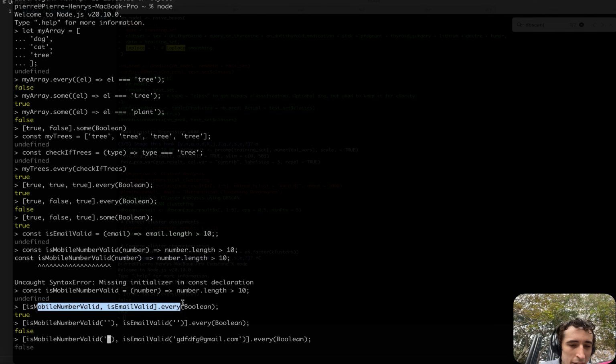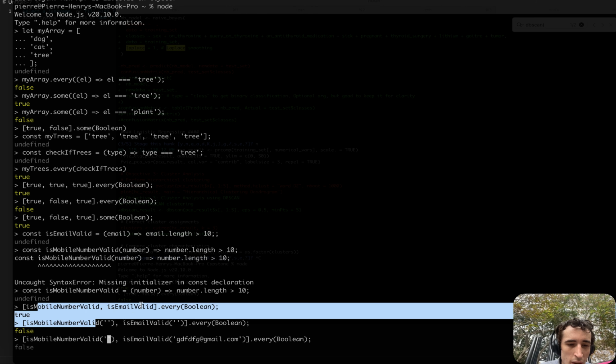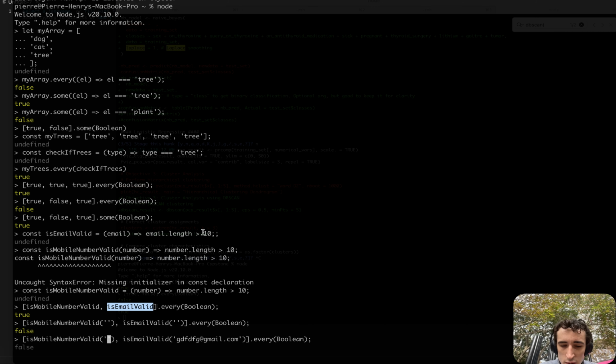Basically here, that was my bad, this instruction is invalid because you need to call the function with the arguments. That way it will not call the function, it will not trigger the function. So we need to trigger the function, otherwise we don't know if the email or phone number is valid. So here,